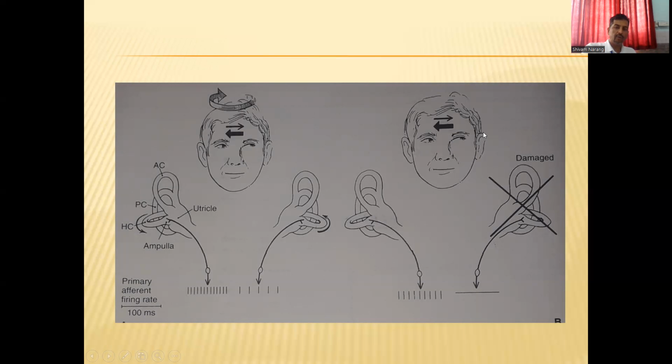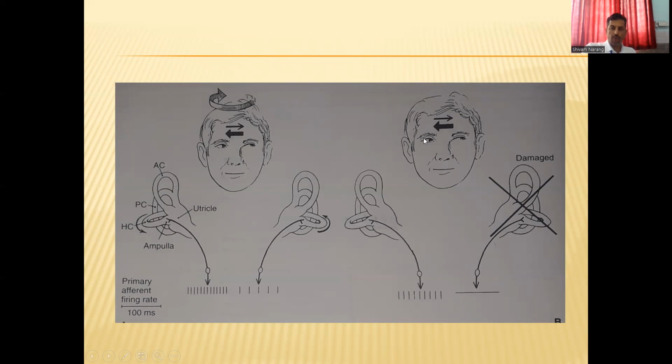This the brain will the signal from this damaged labyrinth will be zero, and this normal firing rate of the normal side will be considered as an increase in the firing rate, because here we compare the right and left. So here that increase on this side was because of the movement, but here there is no movement, but there is a difference in the right and left